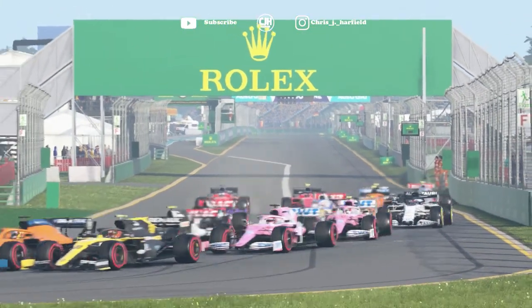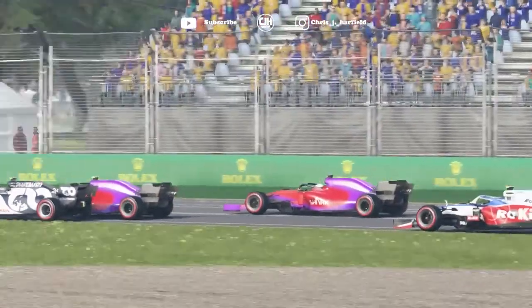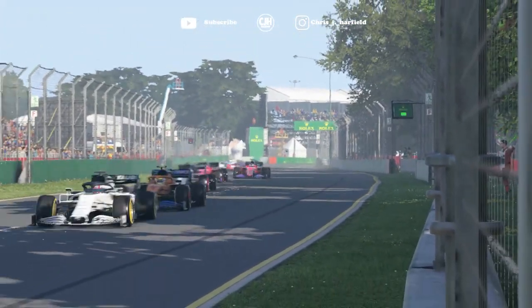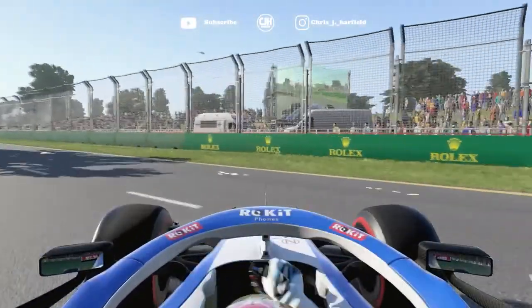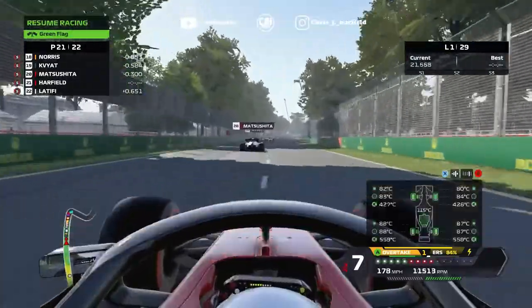We got the inside of a few cars. We've got out the inside of Latifi, one of the AlphaTauris, and our teammate. We've been shrugged out by our teammate and the AlphaTauri. But in the background, look at Williams. Latifi has absolutely binned it. Let's have a look on board of Latifi. He's hit the back of our teammate, lost control, and that's him into the barrier, losing his front wing. So he's still in the race, but he's lost his front wing,